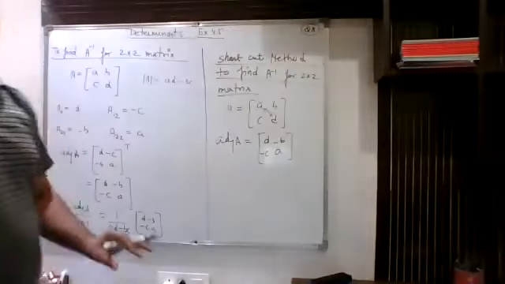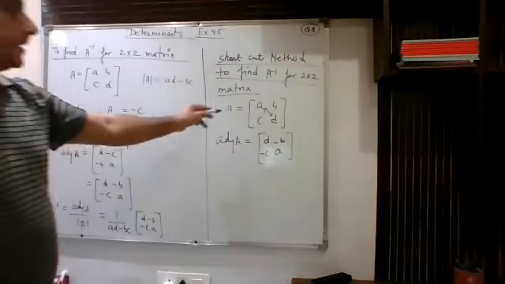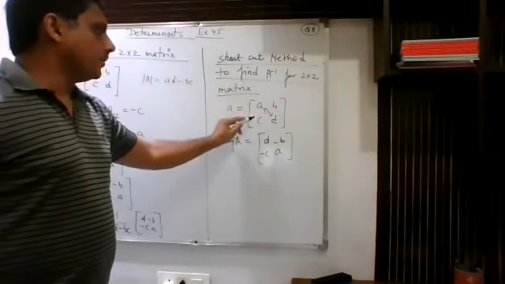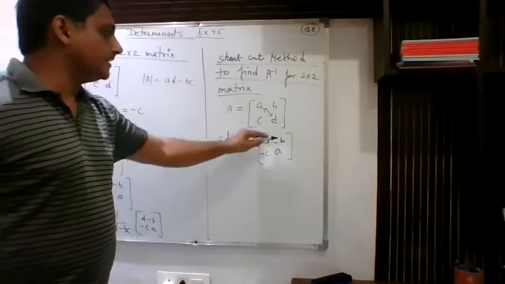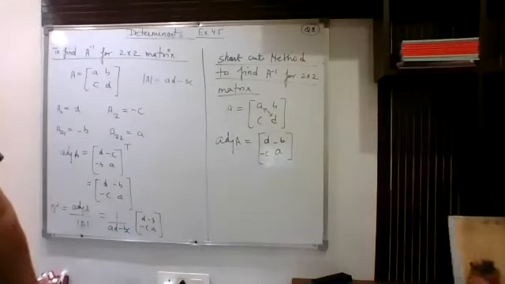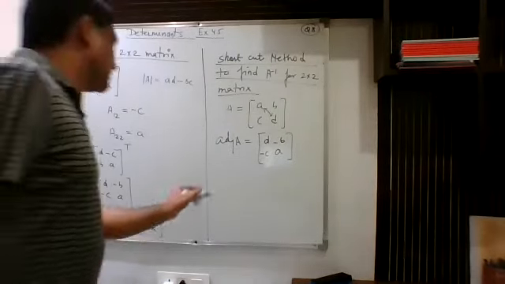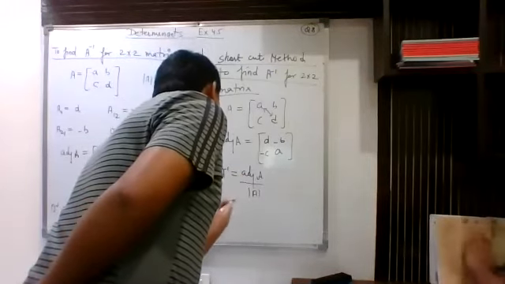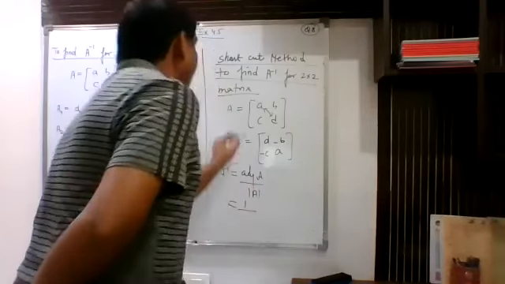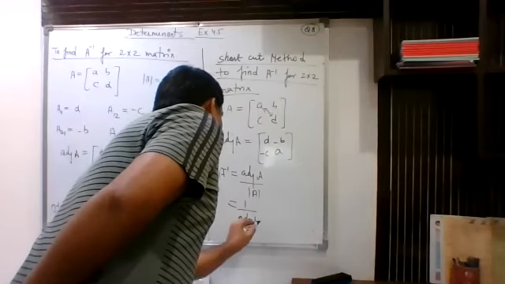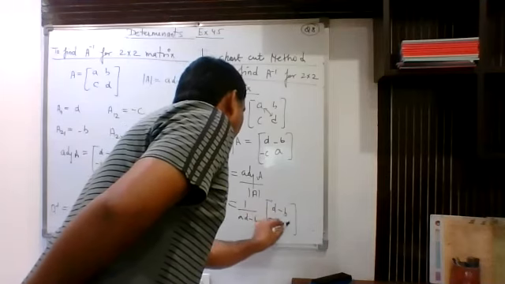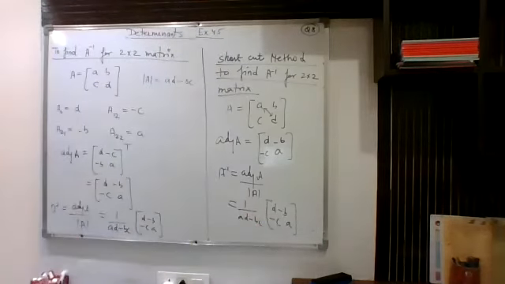Mainly this shortcut is for finding adjoint of a matrix. So given a matrix, this is how you can find adjoint of a matrix. Just you will interchange the diagonal entries, and for off diagonal you will just multiply them with -1. So now we want to find A inverse. Then you will simply write A inverse will be adjoint of A divided by det of A. So det already we have found, so it will be AD minus BC into this adjoint. So this is a direct method of finding A inverse for a 2 cross 2 matrix. Now let me give you some examples where directly we can find A inverse.